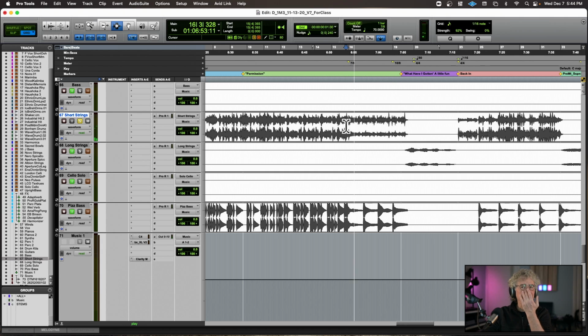And with this really, I'm in 7/8, so I've changed my time signature here. Right, so that plays against what was going on in the other instruments.